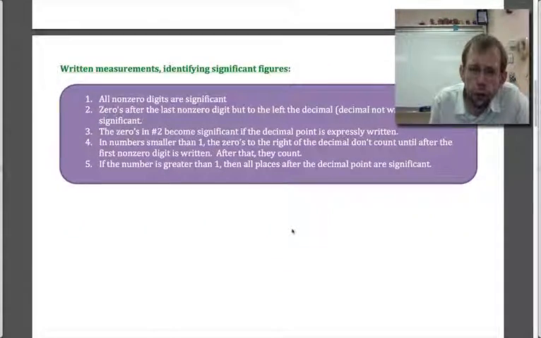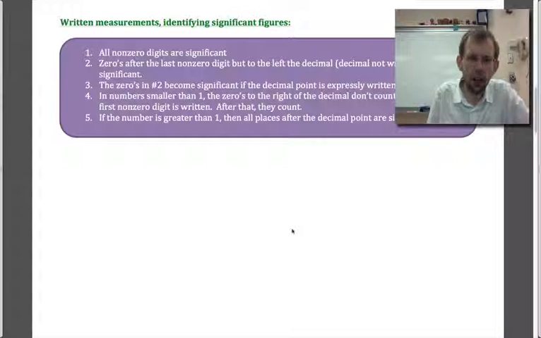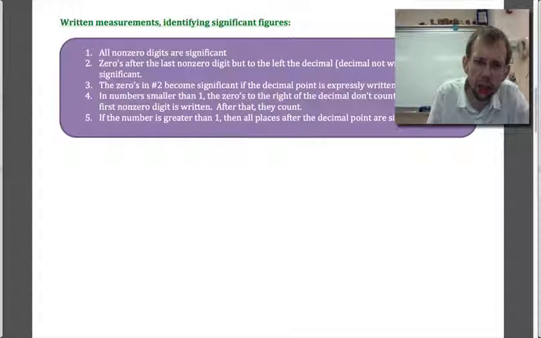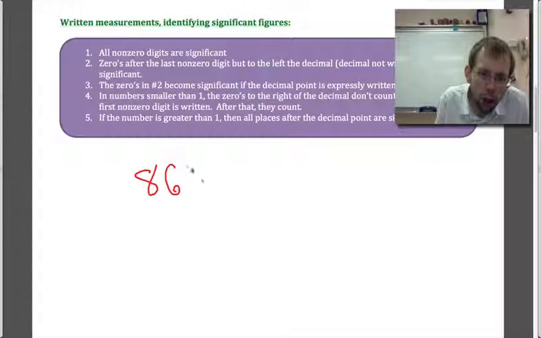Okay, so when I'm looking at a number, how do I know what's significant and what's not? Well, it's easy, because you're not always looking at the measuring device. So you need to be able to look at just a number and tell, what does this tell me about the measuring device? Because that's when I look at a freaking number, that's what I do. When I look at a number and someone writes down 86